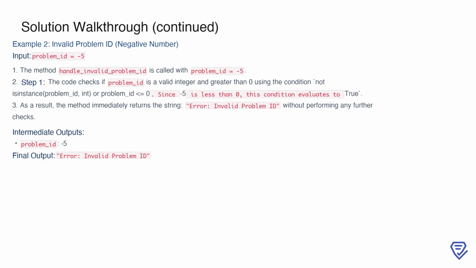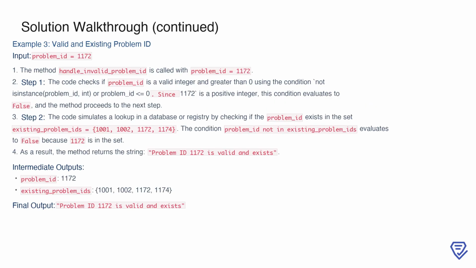The intermediate output shows the problem_ID is -5, and the final output is the error message indicating the invalid input. In this final example, the problem_ID provided is 1172, which is both valid and exists in the set of known problem IDs. The method